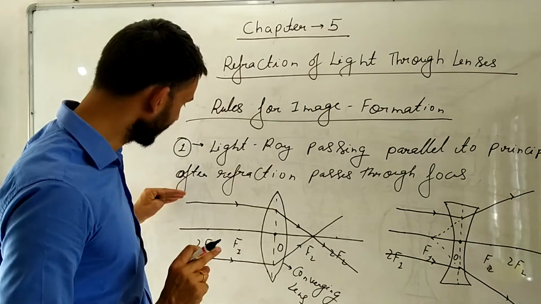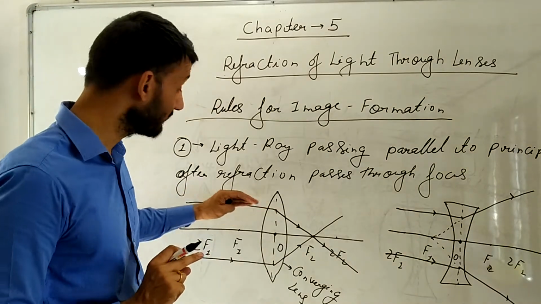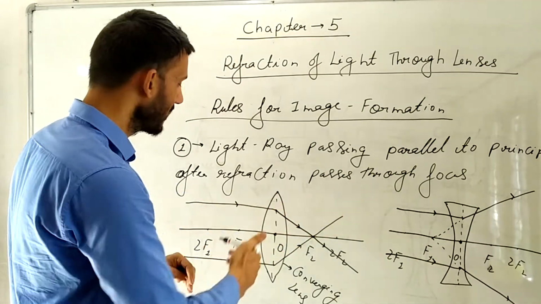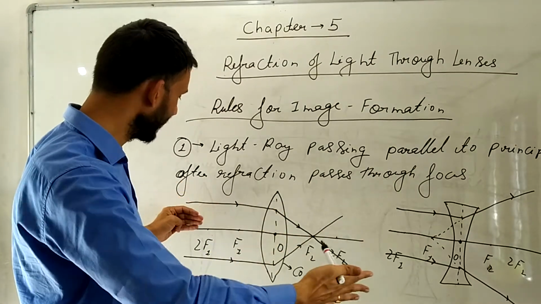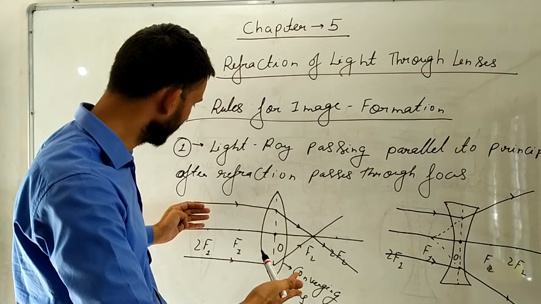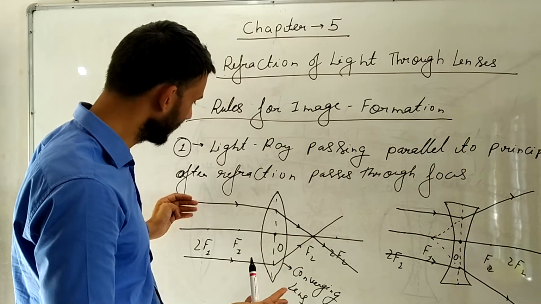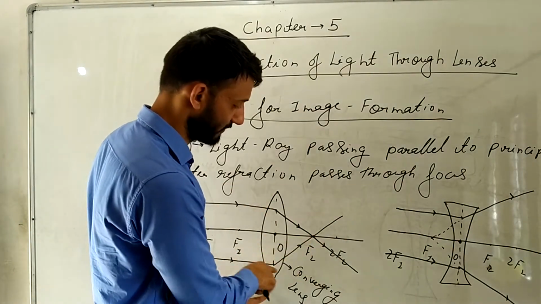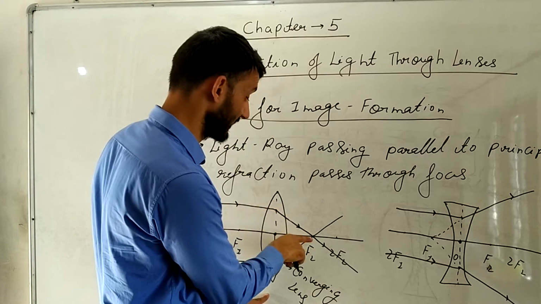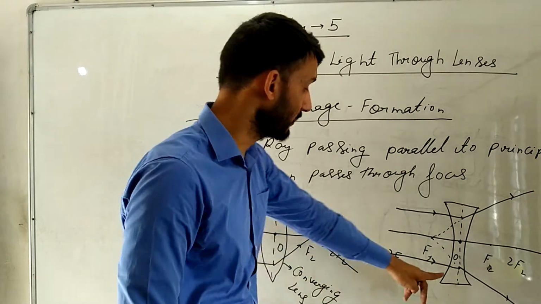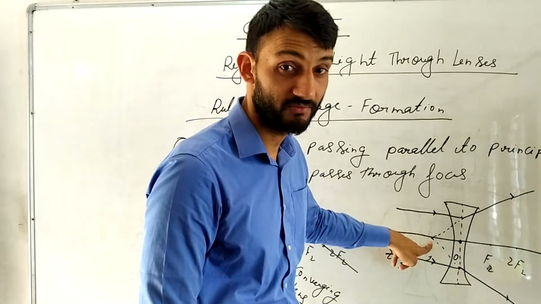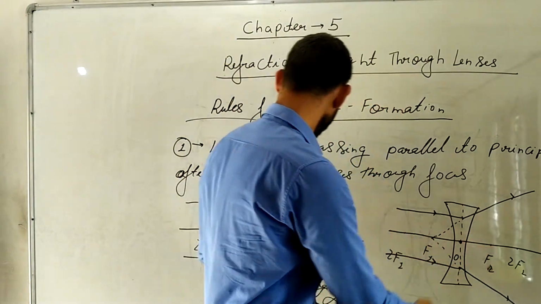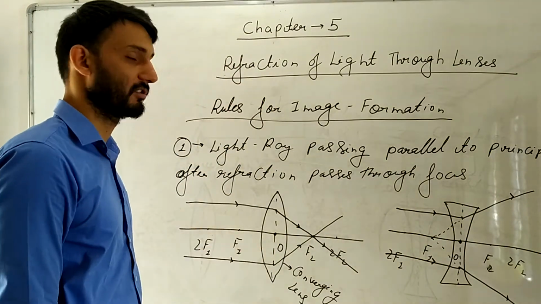In this, the light ray is usually taken as coming from the left to right. You can take it from the other side also, but we take it from left to right. Assuming the light ray to be coming from this direction to the other direction, this will be the main focus for the convex lens, because the light ray is passing through this focus. And for concave, this will be the focus which we will be dealing with. Otherwise, if we deal with this one also, it is the same thing.